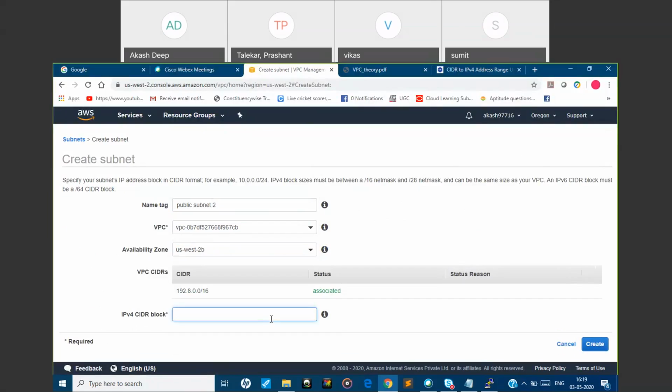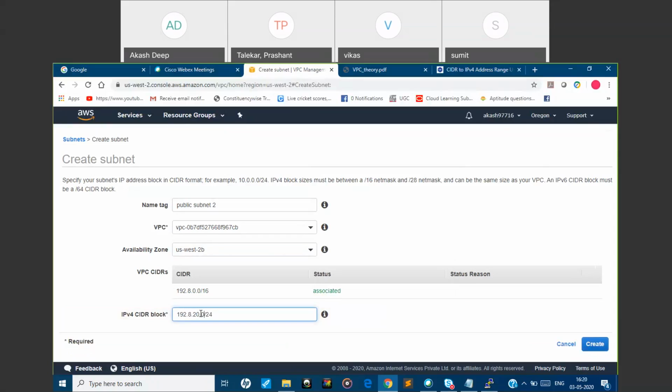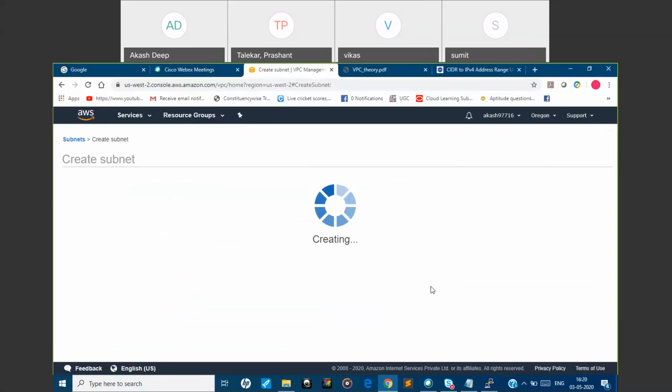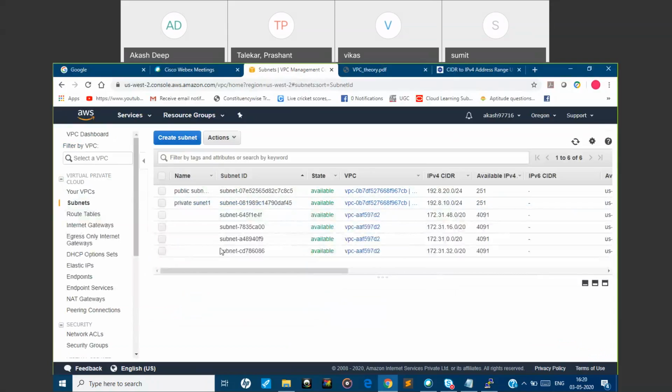We'll give the IPv4 range. Create. Close. It got created, right? Public subnet and private subnet got created.